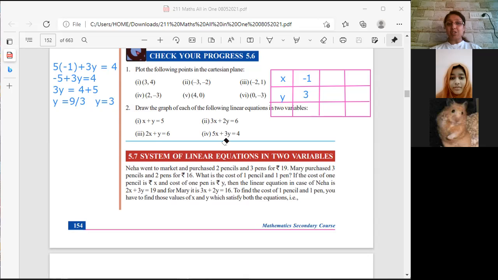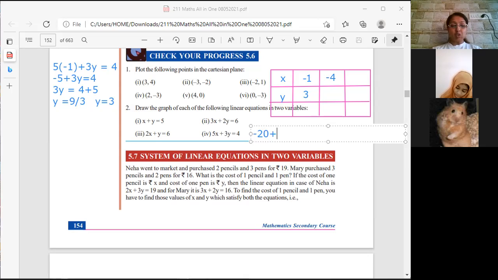I can try with minus 2. If I get minus 2 here, that means it will become minus 10. Minus 10 going on this side, 14 will not work. Minus 3, 15. 15 going on this side becomes 19. Will not work. Minus 4. When I do minus 4, what does it become? Minus 20. So plus 20, 24. Yes, it will work. See, I take my x as minus 4.